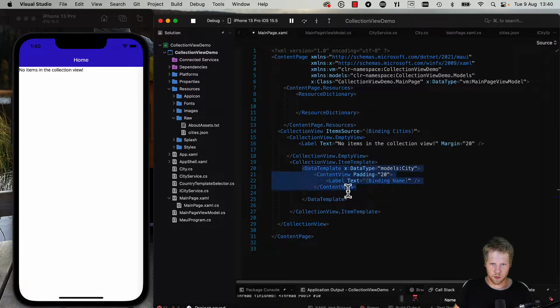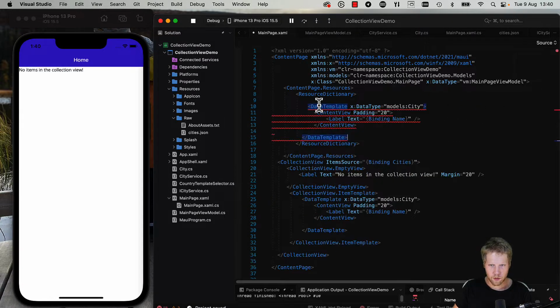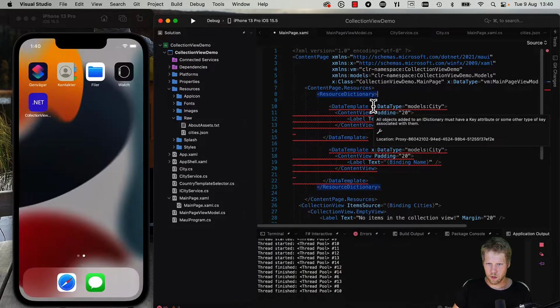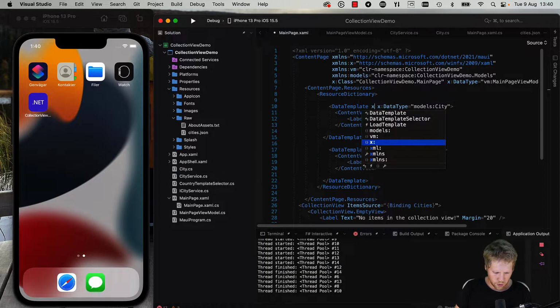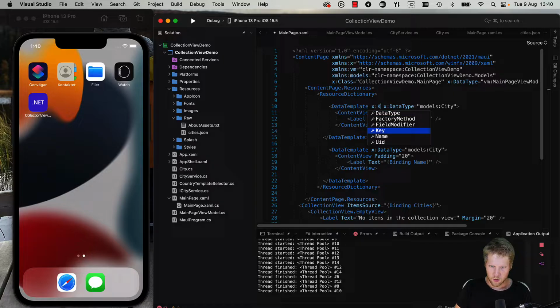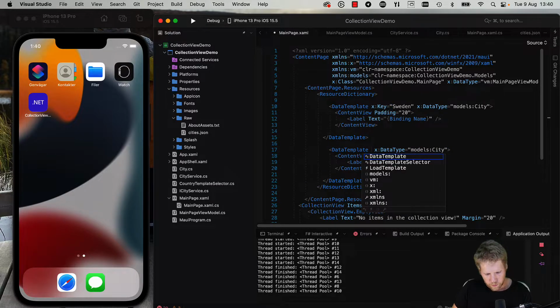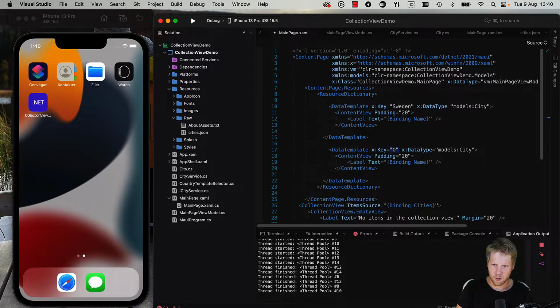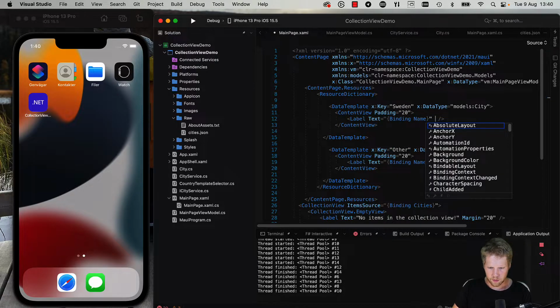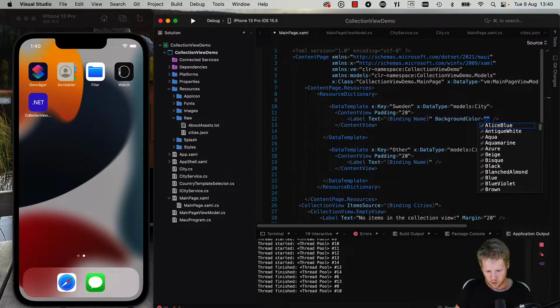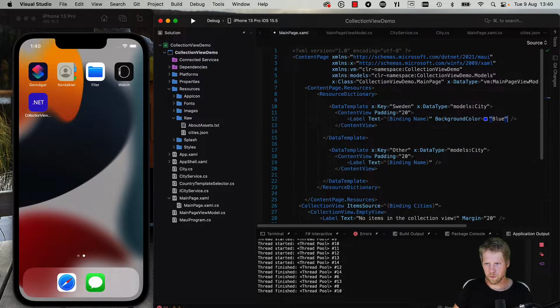So we can copy this one twice, and we need a key attribute, key like say Sweden, and key other, and then we can do like this, background color blue, and then we import the template selectors,